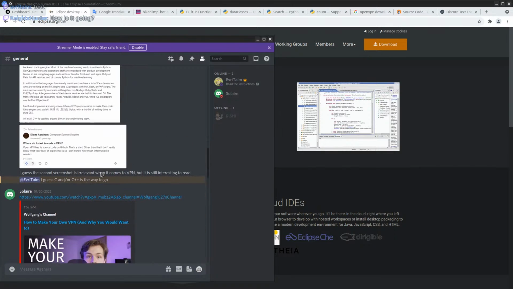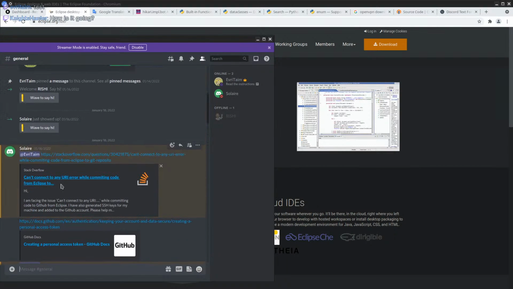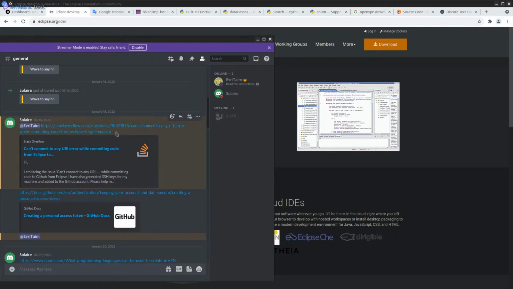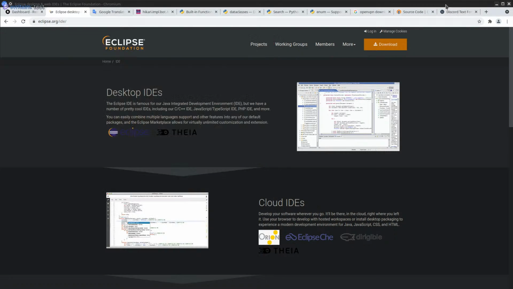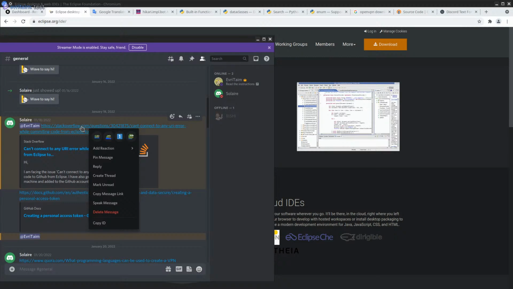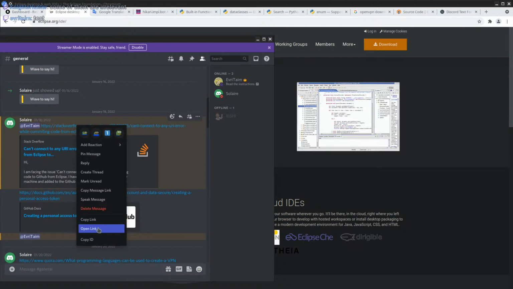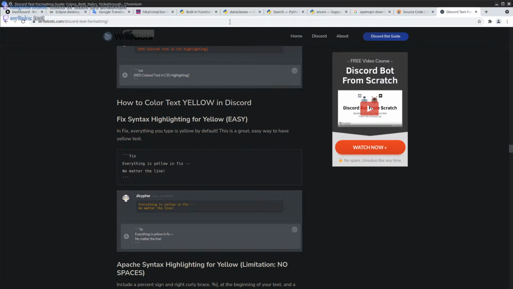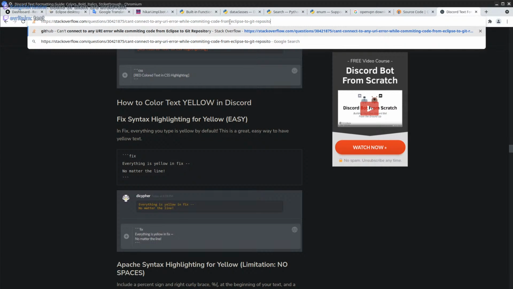Right. So yeah, that's what I wanted to look at, because I saw you made a bunch of posts on Discord. So I haven't really gone through them. I just skimmed through them. I want to go into more detail now. This doesn't open how I want. A second. Copy link.